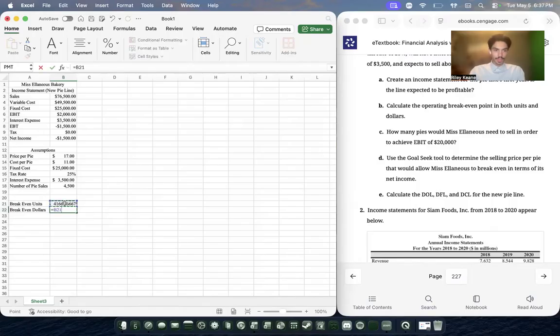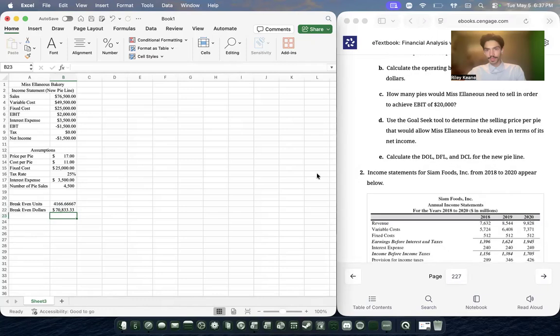And we can use this to get our break-even dollars. So we take break-even units, multiply it by the price per pie, and we get $70,833 and 33 repeating for the number of sales of pies or the break-even dollars at the top